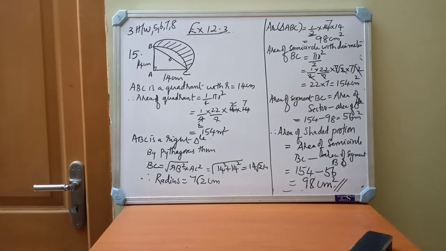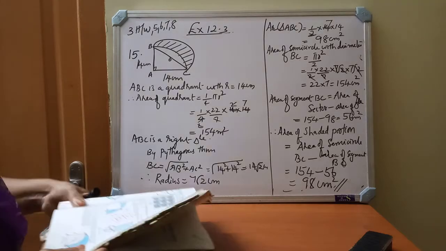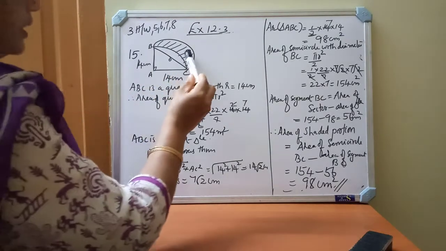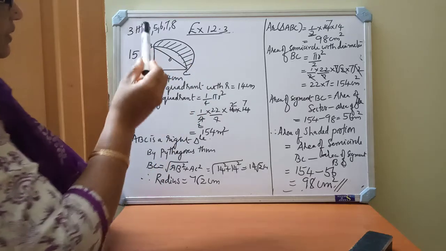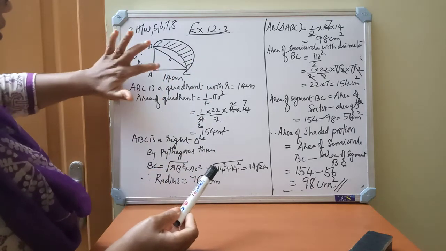See the question number 15, children. They ask you to find out the area of the shaded region. So area of the shaded region is this part. For finding this one, what we have to do means, first we must find out area of the quadrant